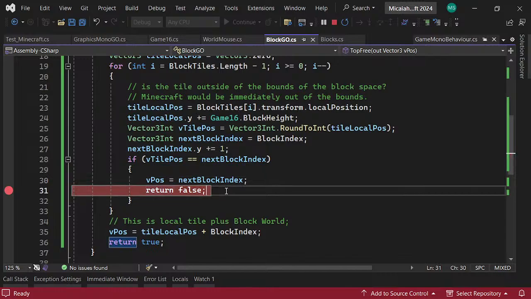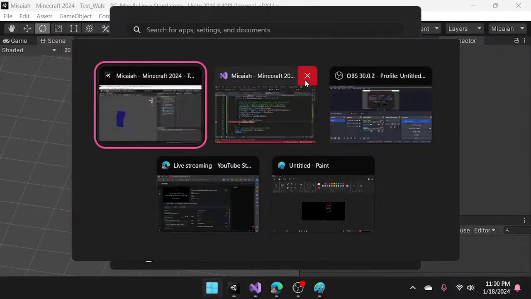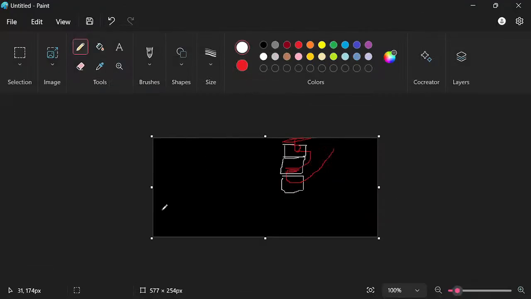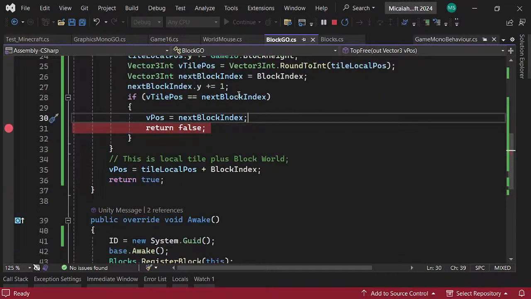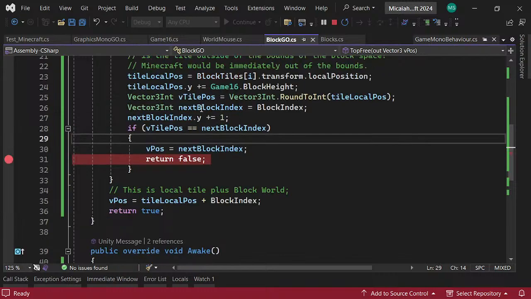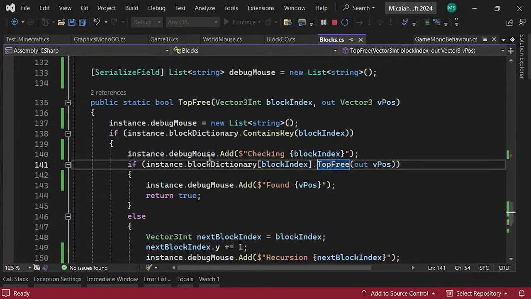So if it's at 0, 0, right? Maybe we'll go back to our little paint. If I'm at 0, 0 right here, ugh, can't draw a straight line. I want to check this block, height of 0.5, and then, oh my God, you're out of the block space. I want you to pass back the next block index right here. So that's what this is trying to say. The next block index, even though it's not using it, it returns that block index,